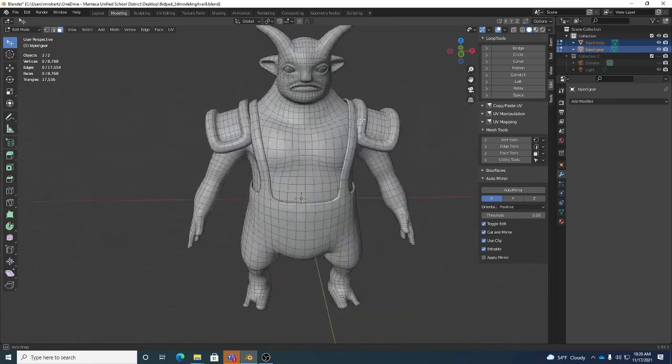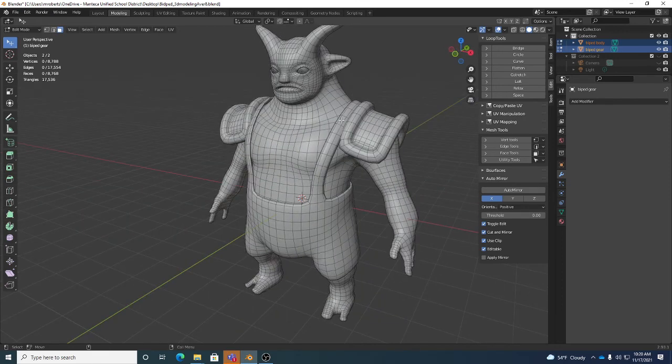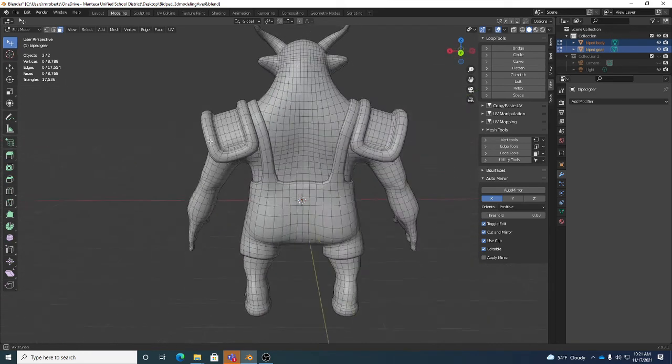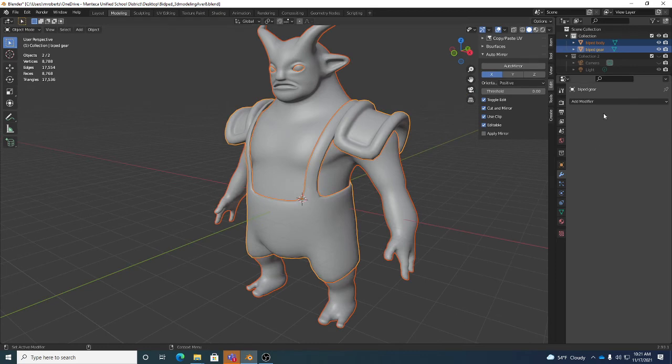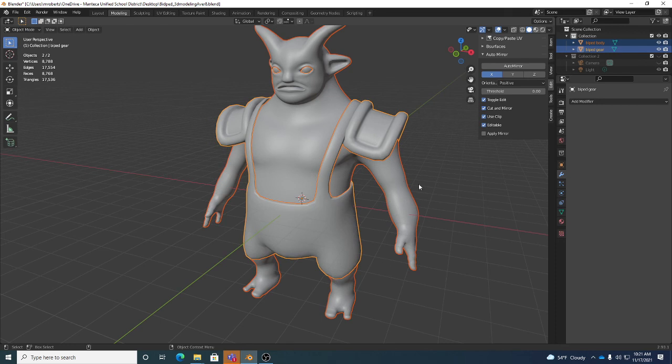17,000 triangles. So we applied subdivision surface modifier twice on this model, right? Earlier on and then at the end. And we're still only at about 17,000 triangles. That'll work as a good base mesh in the vast majority of pipelines you're going to be working in, right? So that's one of the reasons why you can actually take advantage of subdivisional surfaces if you're smart about using them, right? I always tell you, if you're going to use it, you better apply it, right? You're just using it as a way to get you a good low res without having to put every edge loop in by hand. We also try to keep it simple enough so we don't get lost in all the